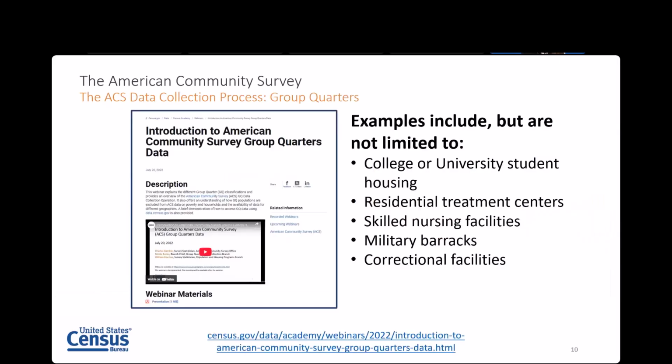Now, before we take off, I want to mention something here. The ACS data include both household and group quarters. Group quarters are places where people live or stay in a group living arrangement that is owned or managed by an entity or organization providing housing and/or services for the residents. These include, but are not limited to, college or university student housing, residential treatment centers, skilled nursing facilities, military barracks,